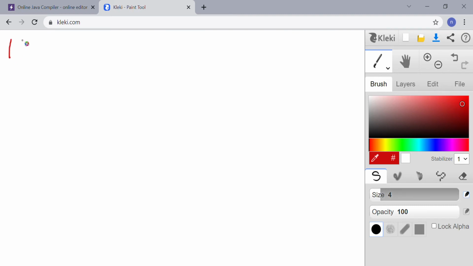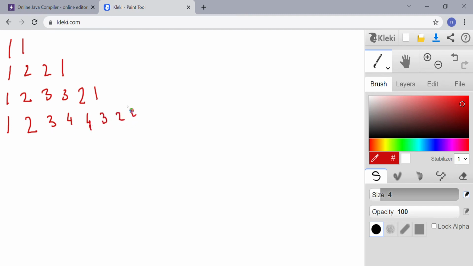So this is the pattern: 1 1, 1 2 2 1, 1 2 3 3 2 1, 1 2 3 4 4 3 2 1.